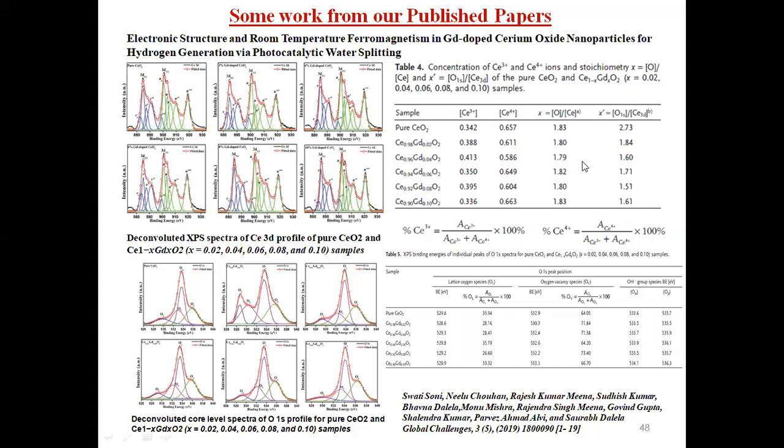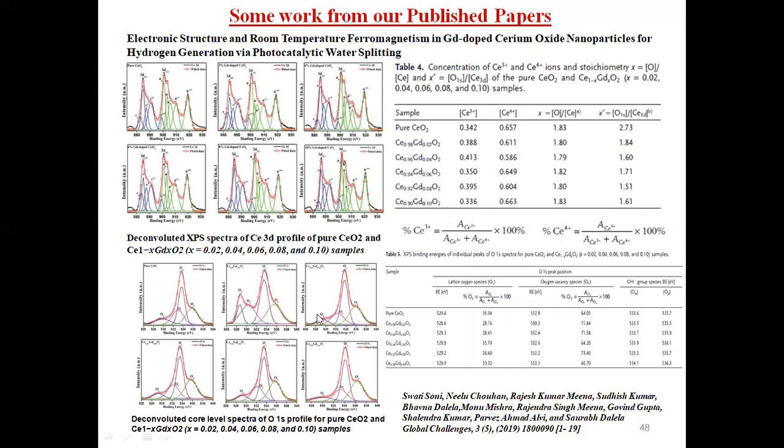In case of nanomaterial, this is the case. No nanomaterial is of perfect geometry. It is actually CeO2, but it will never be exactly CeO2. It is always CeO2 minus x, and that x we can also calculate from the analysis, where the percentage of cerium +3 is calculated from the peak area of the different Gaussian fits, and the percentage of cerium +4 is also evaluated.